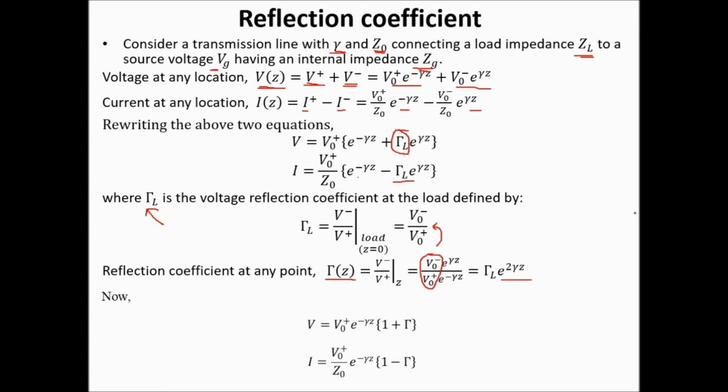So as you see here, reflection at any point is equal to reflection at load times e to the power 2 gamma Z. So meaning that reflection is not